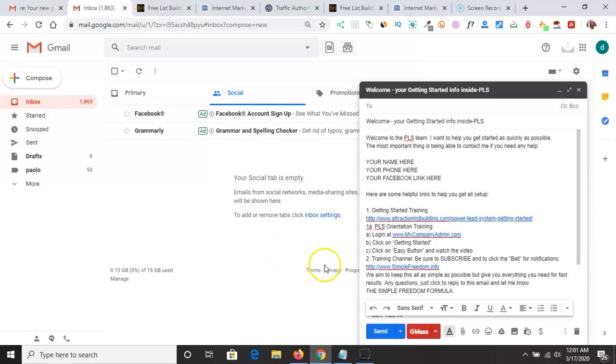But that's all I got. That's all I wanted to show you, get on real quick and show you guys how to set up templates in your Gmail account. It makes things a little quicker, more efficient. If you want to shoot that quick generic welcome email to a subscriber,